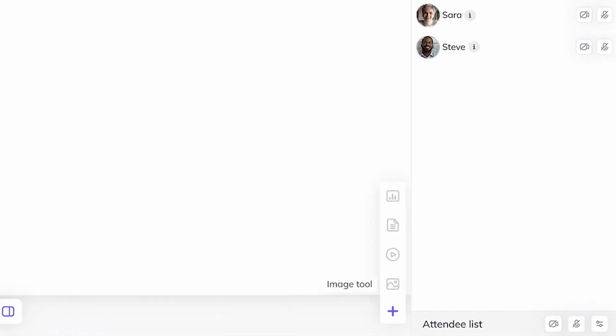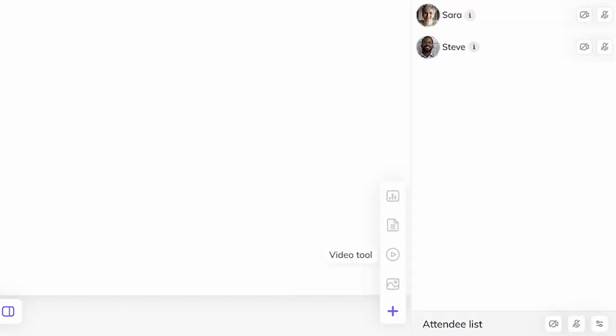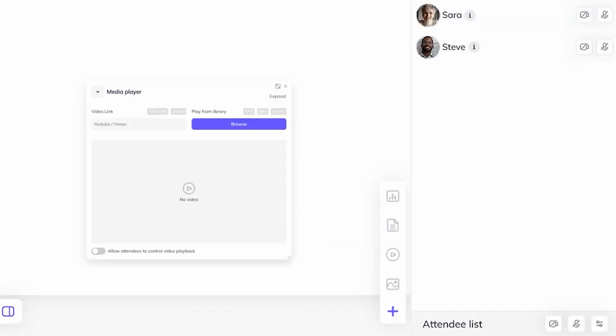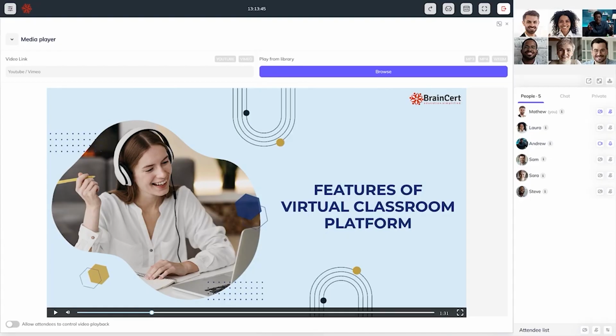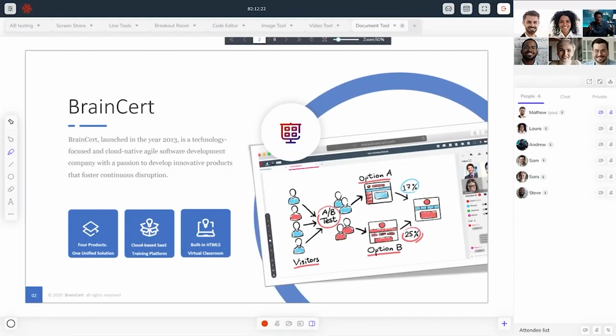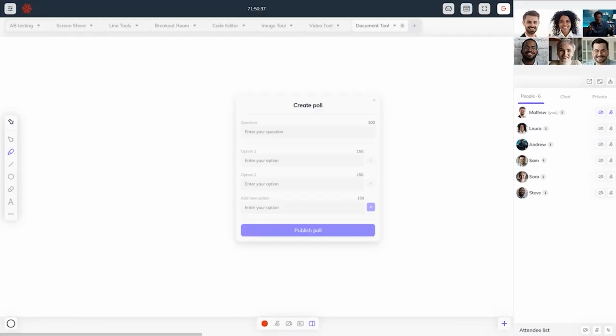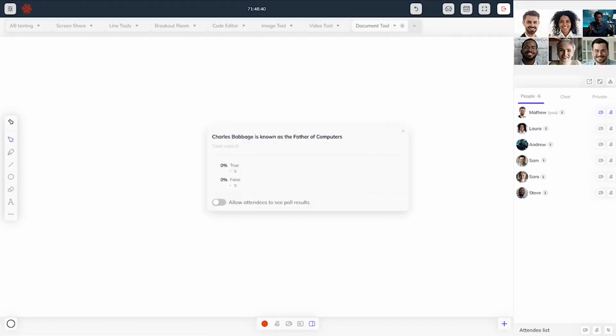To the bottom right of the whiteboard, you will have access to an image tool that lets you add images to the whiteboard, a video tool that lets you play videos from online or from your local library on the whiteboard, a document reader to share your documents or presentations on the whiteboard, and a poll feature to collect feedback from attendees or to conduct polls. Instructors can also use this feature to conduct quizzes in between classes to check how far the attendees are following